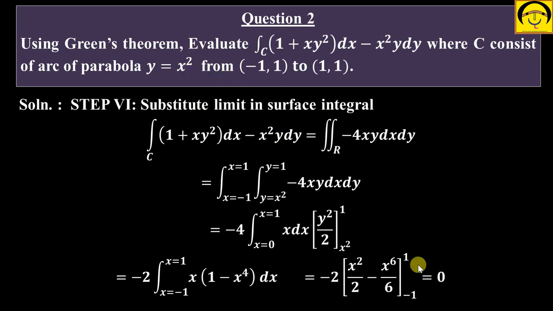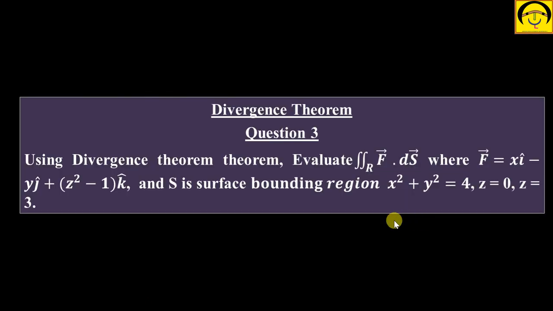सो इस इंटीग्रल का फाइनल सॉल्यूशन 0 है। ये ग्रीन्स थ्योरम पे बेस्ड क्वेश्चन था। आप यहाँ देखोगे पहले सरफेस इंटीग्रल था, फिर लाइन इंटीग्रल में चेंज हो गया है। ठीक है। सो आपके पास आंसर है 0। लेट्स सी दी क्वेश्चन बेस्ड ऑन